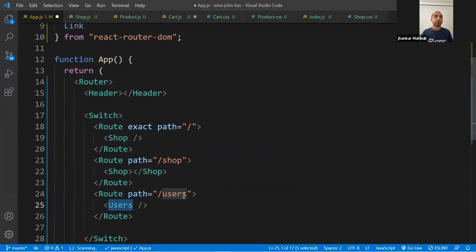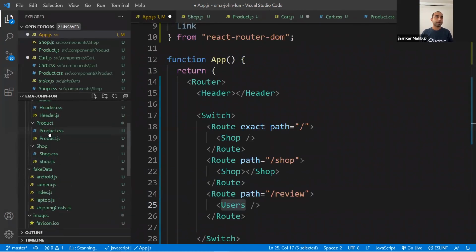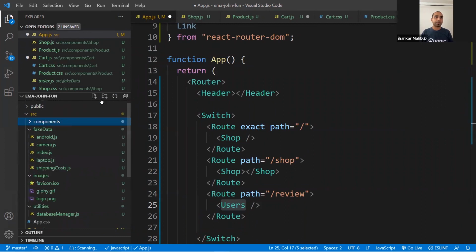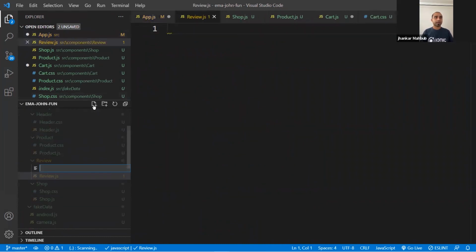And for example, we have a review, right? If you go to the review, we want to show the review. Right now, we don't have a review component, but don't worry, we can create one because creating is cheap. You don't have to pay for it. This is your review folder, and inside review, we make a review.js. If we want to add CSS, this will be review.css.